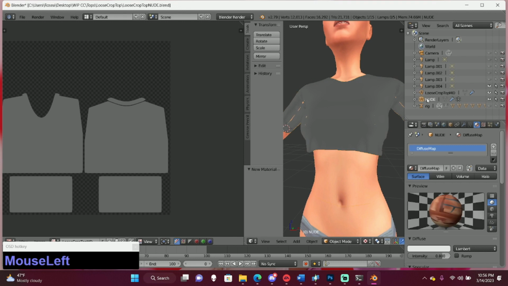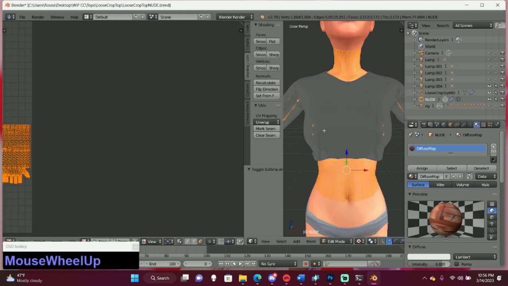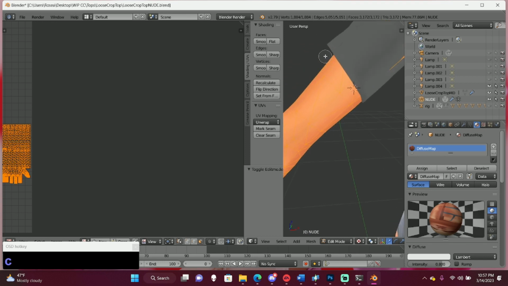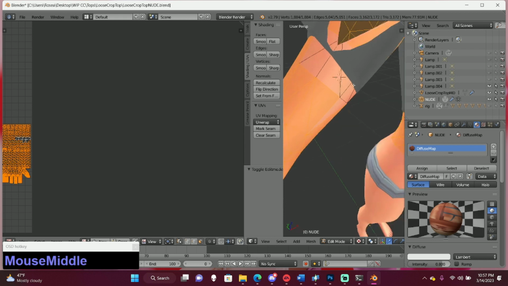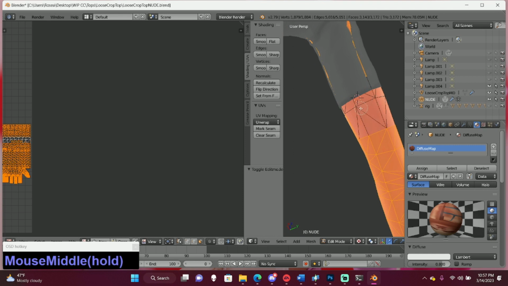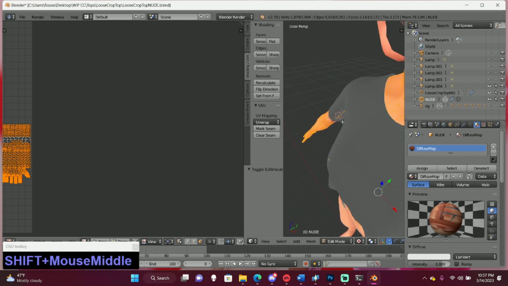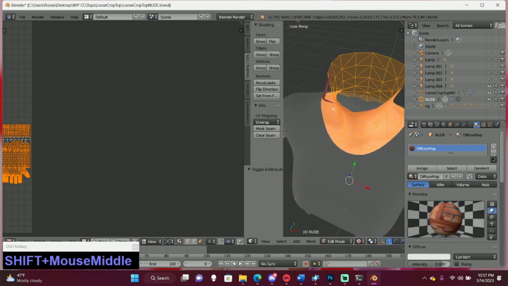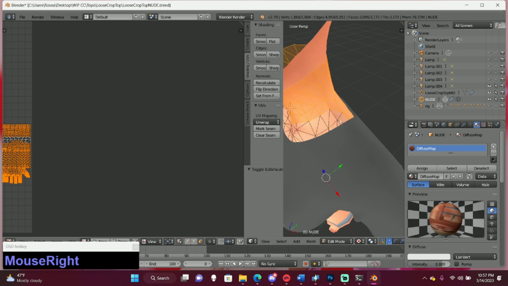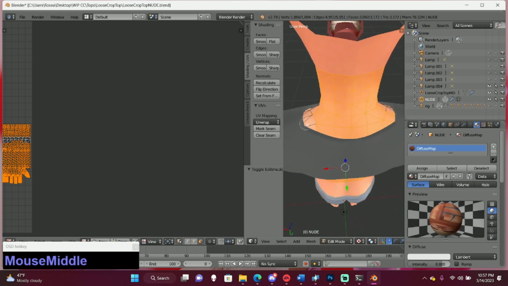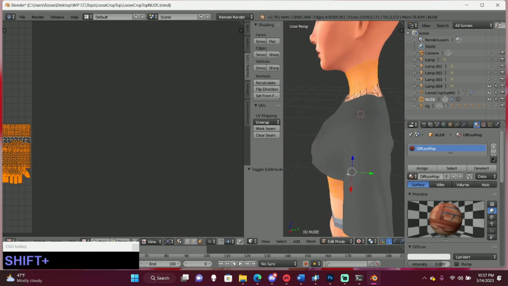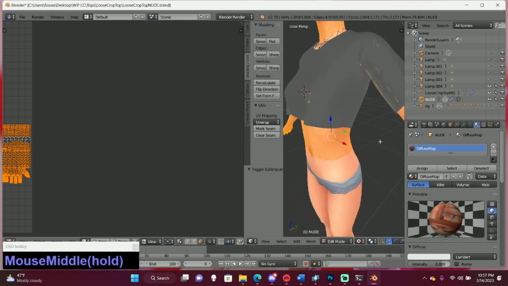So now we're going to click into nude and we're going to delete all the faces we don't need. So I'm just going to use C and then click my roll wheel to deselect. So we only want to delete faces that aren't visible after we close the holes. So I'm just pressing C and clicking my roll wheel.